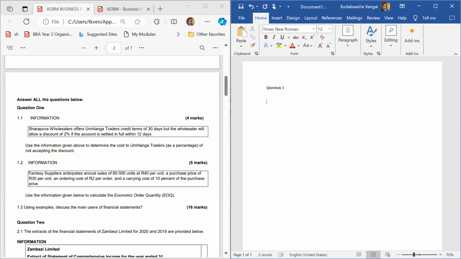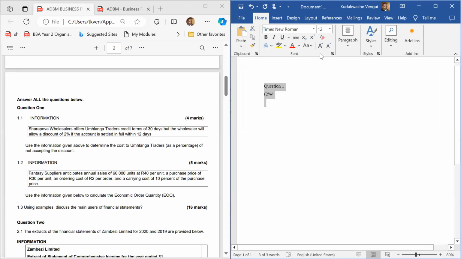Applying that formula to the question, it's going to be 2% divided by 100% minus 2%, multiplied by